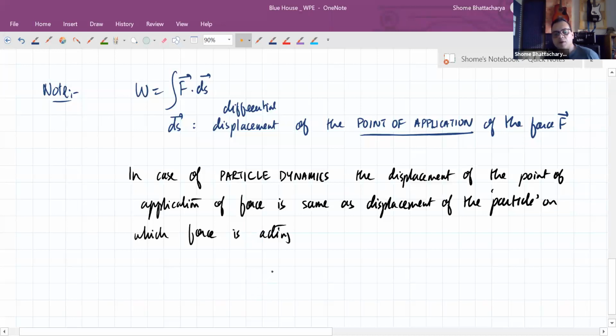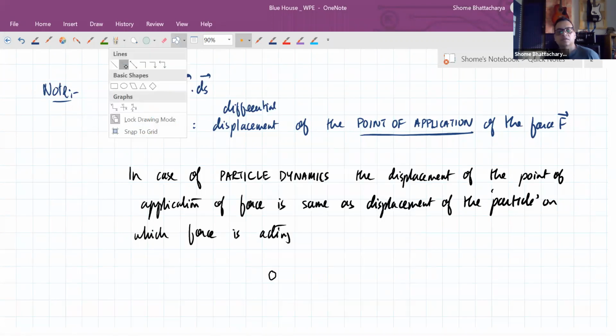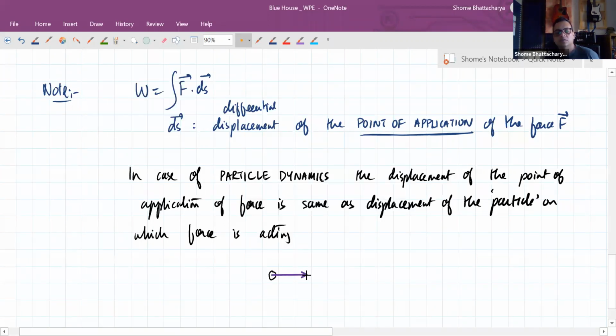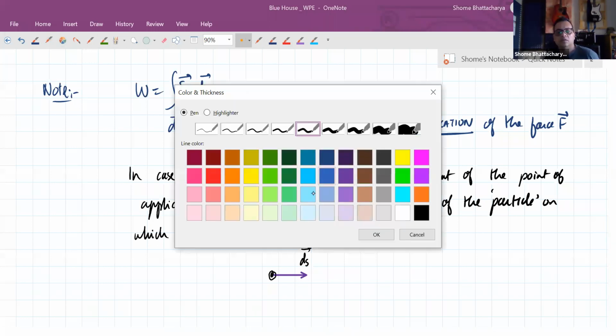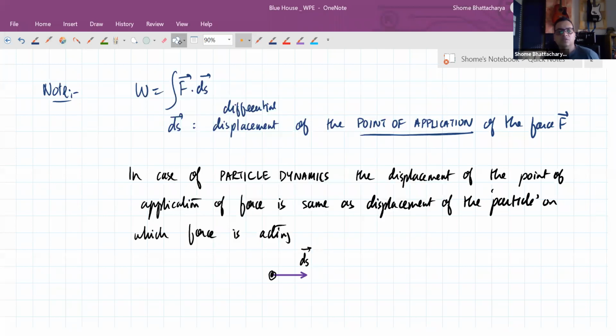Okay. So if you're talking about particle dynamics, and this particle has made a displacement from here to here, then during that displacement, whatever force is acting on the particle, the point of application of that force is nothing but the position of the particle. So there's no difference between the two. Whether we say it is the displacement of the point of application, or the displacement of the particle P itself, okay, force F